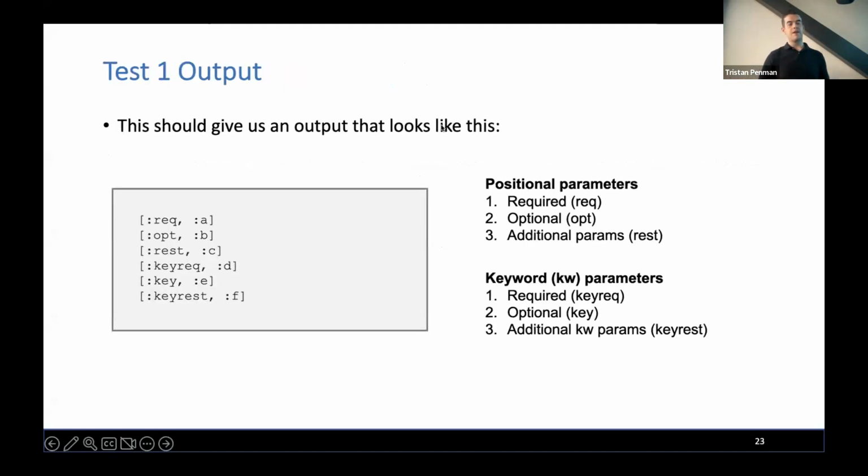So if we ran the previous example, this is the output we would get. And these are the short symbol names that have been given to those different parameter types: rec, opt, rest, keyrec, key, and keyrest. Some of the weird naming comes from the fact that keyword arguments were a later addition to the language, and